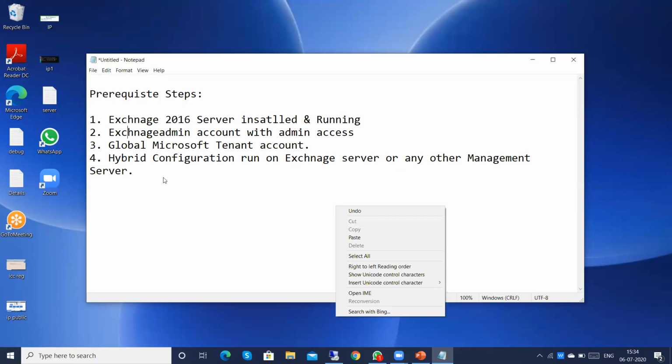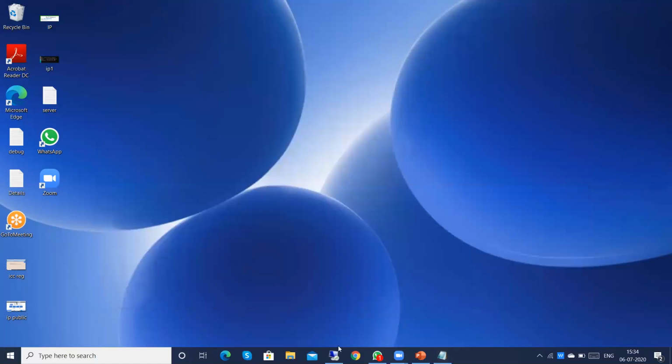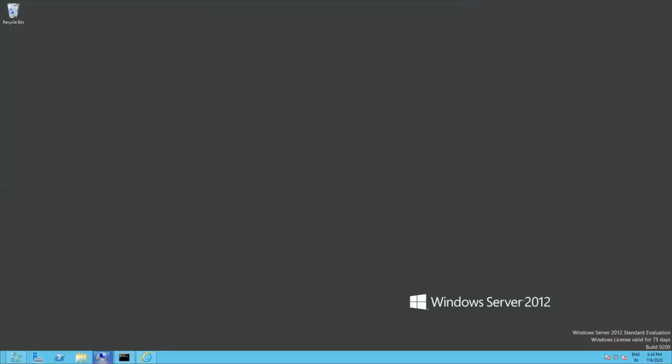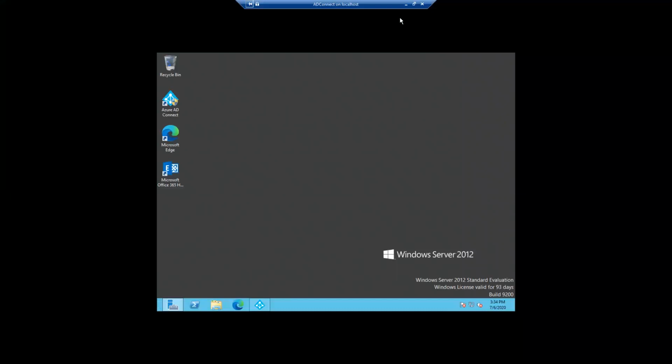So we will move on to the server. Okay, this is one of my management servers. Here I am going to configure the hybrid configuration.